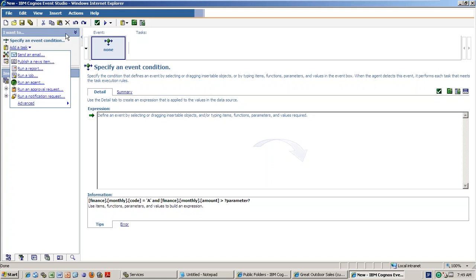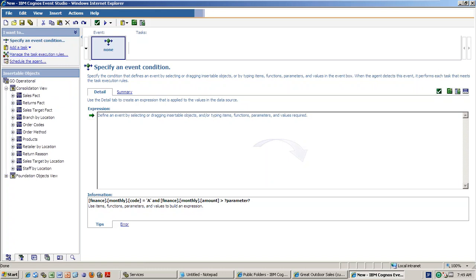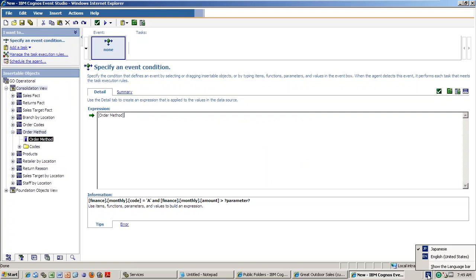Right now, you create one task. First one, specify the event condition. This is your package, as usual in Cognos, from Query Studio, Report Studio, whatever you published. So here my condition is that I want to check order method equal to email. Through email, on any day, order method email, and normally, as you know, withdrawal amount greater than 1 crore rupees, you can write that. Normally, that is the condition.